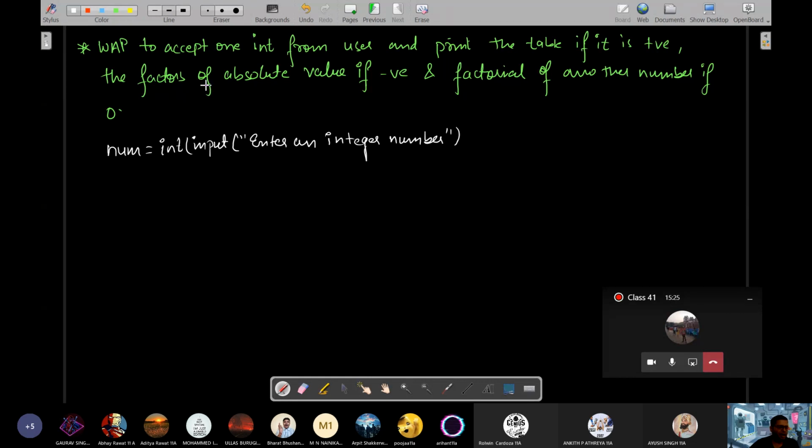Now it is just like printing positive, negative, and zero. Structure will be the same like that. If the number is positive, then print positive. If number is negative, then print negative. If number is zero, then print zero. So we will write if. There is only one number. You have to determine whether first it is positive or negative or zero. And inside the block, we will write for and all depending on what we have to do.